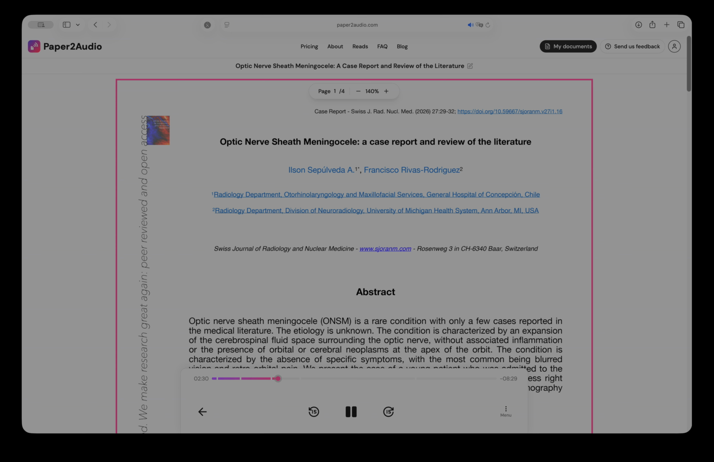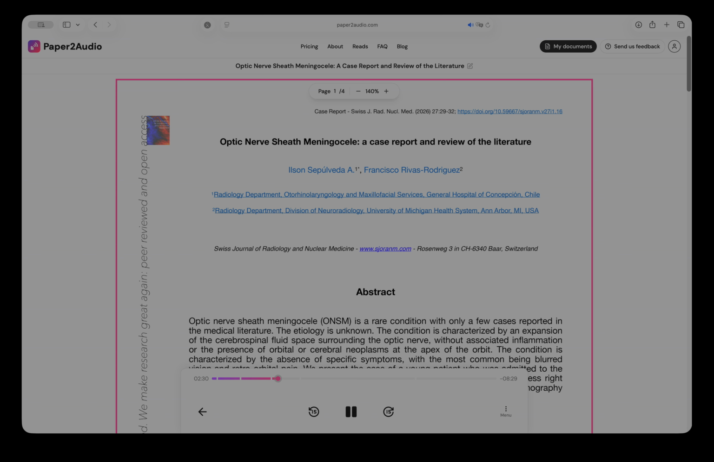MRI demonstrated the presence of an expansive cystic process, measuring 19 by 23 by 21 millimeters, well-defined by a thin capsule, located in the intraconal space of the right orbit. It has a close anatomical relationship with